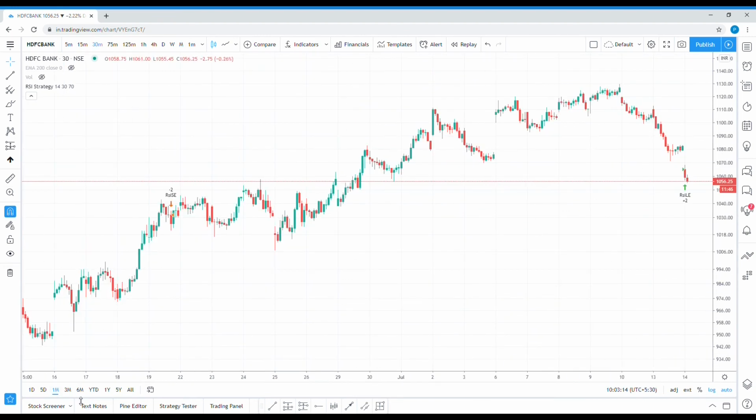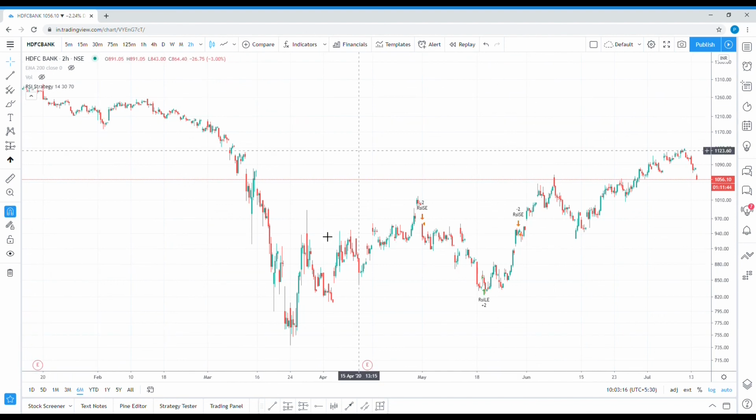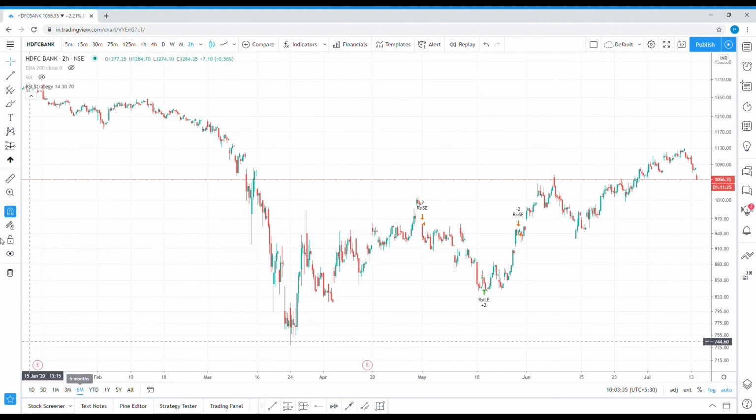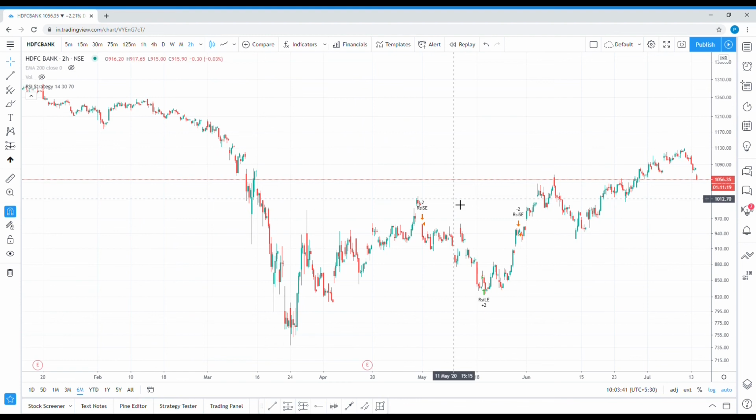If I click on 6 month, it will be a 6 month window, and based on the time frame of the window you choose, it will automatically make the candle creation time interval so that it can accommodate all the candles in that particular time frame. Like for 6 months, they have to accommodate all the 6 months of candles in one screen, so they have gone for, I think, 2 hours, right? So that is how it works.